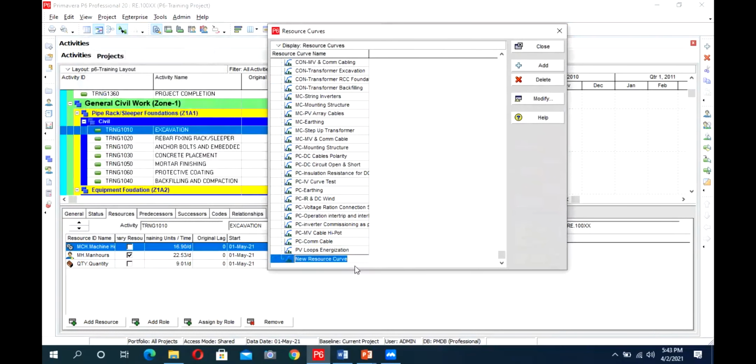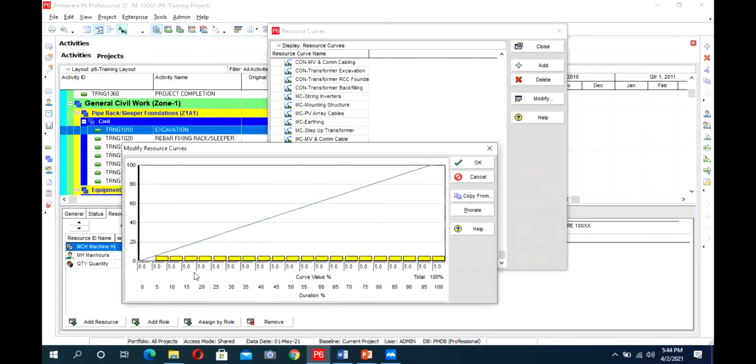So I just name it our P6 training curve, and what type of curve I want. I will say I want a curve which has a heavy start, then it will be a little linear, then again it will be heavily loaded.